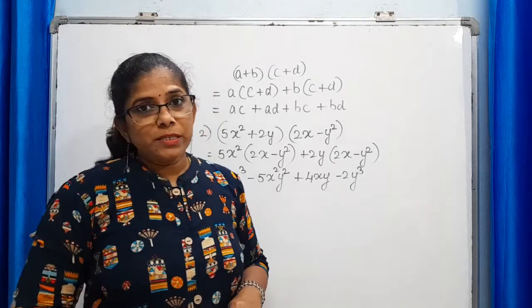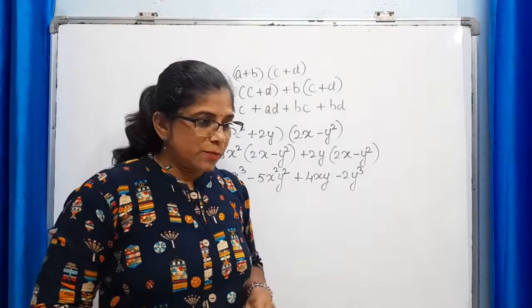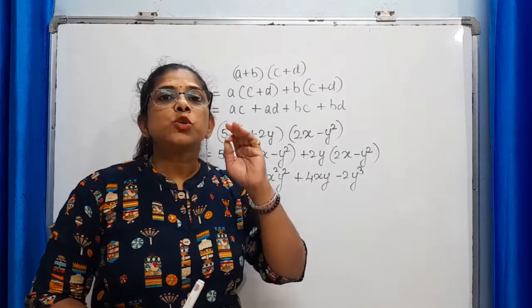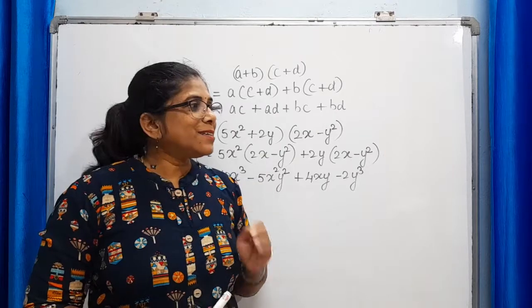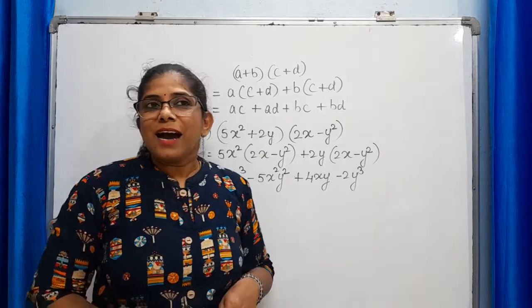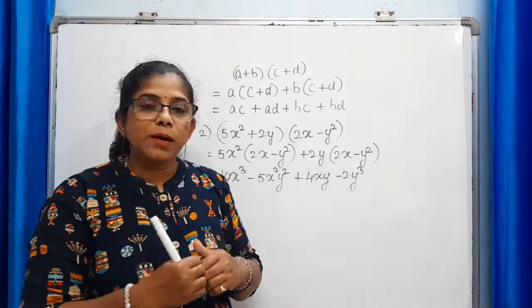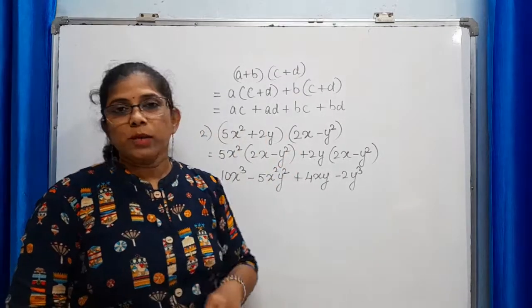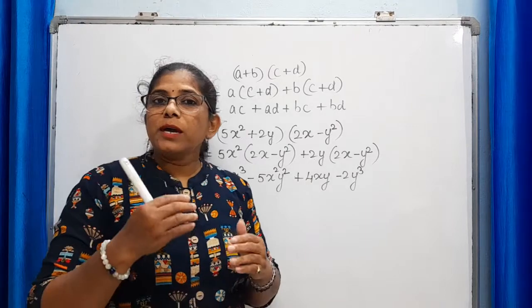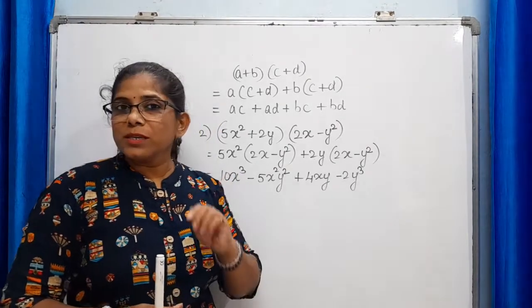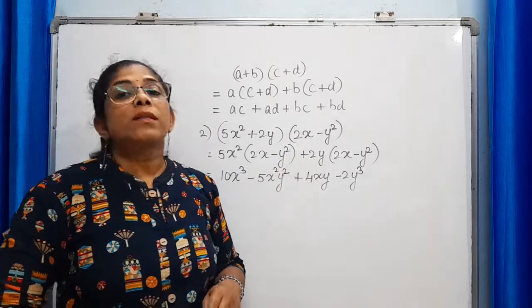Now for this multiplication of binomial into binomial, we have some shortcut methods, and that is nothing but identities. Identities are nothing but some ready-made formulas which help us to multiply binomial into binomial. Which are the important identities and how to use those identities to solve these sums, that we will continue